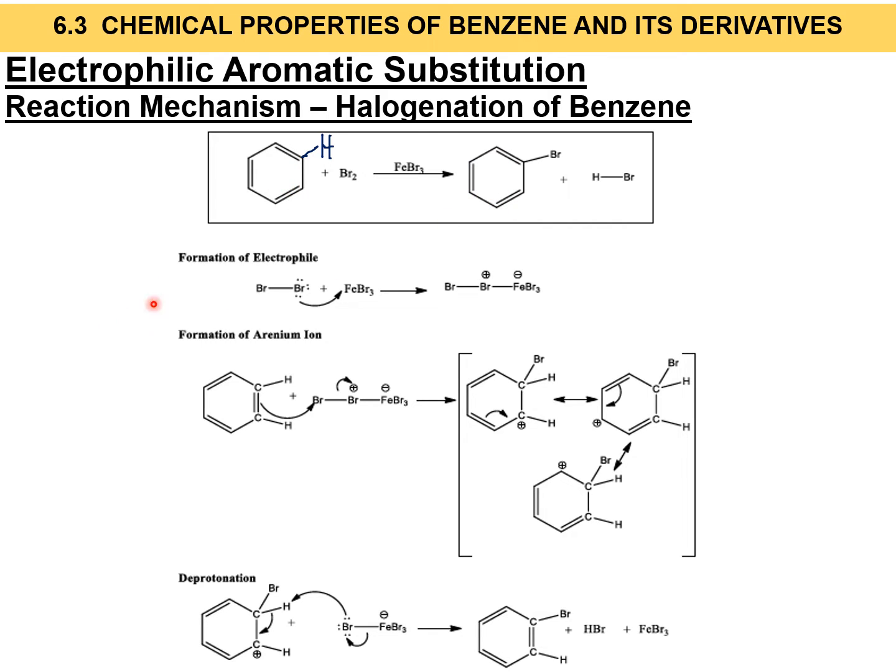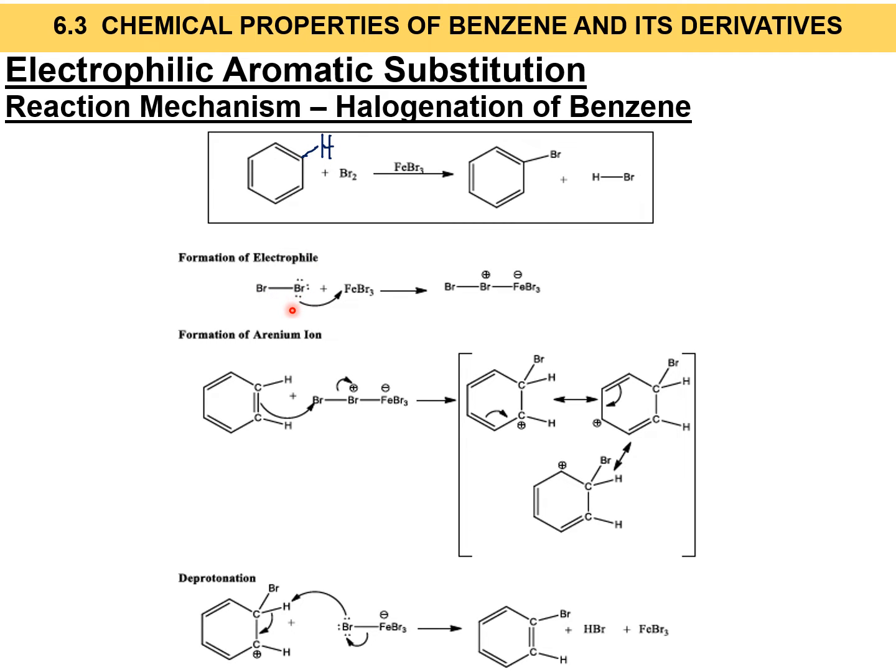Okay, so ada 3 common steps when it comes to the reaction mechanism electrophilic aromatic substitution. Okay, so the first one ialah formation of electrophile. Kita nak form electrophile by menggunakan 2 reagent ni, which is Br2 dan juga acid catalyst FeBr3. So what happened here is Br2 ni kita jarakkan, kita letak